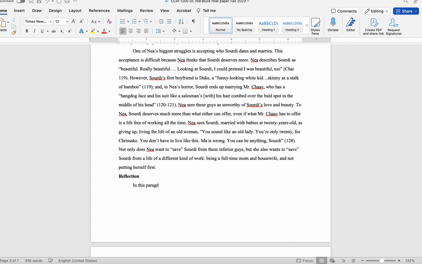In this paragraph, I looked at how the protagonist, there we have one of our literary terms, right? Protagonist, Nia views her sister's partners, etc. I incorporated quotes from the text that highlighted Nia's struggles.